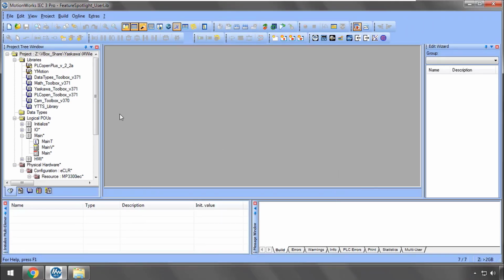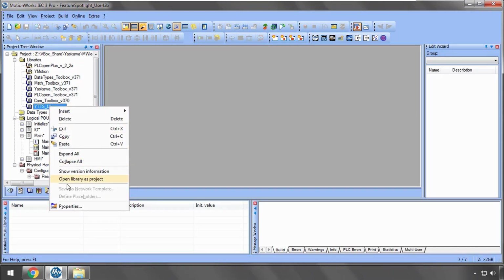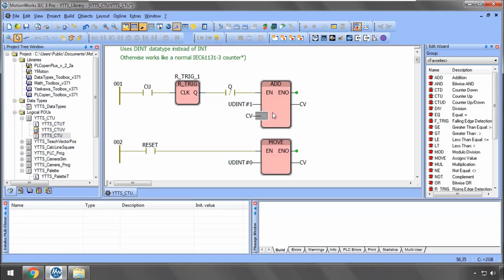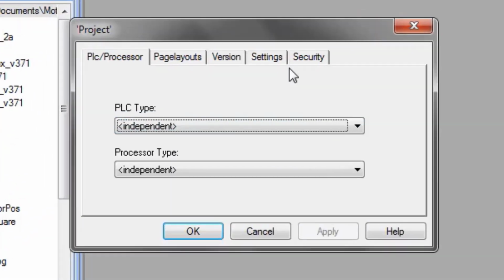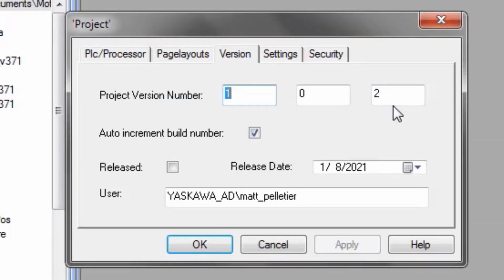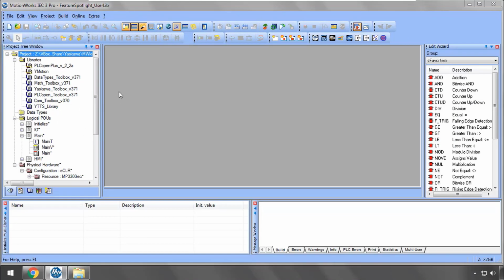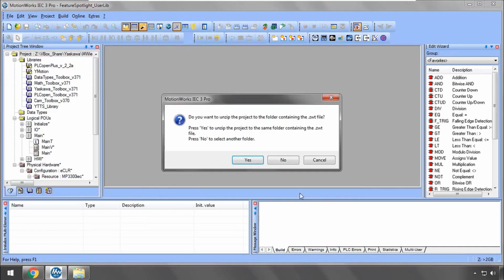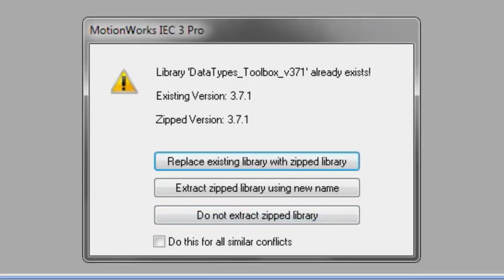Zip. Now as time goes on, there's probably going to be changes to my user library. And they may be significant or they may not be. I'll make one that's not significant and make that. But now the version has changed. Now sometime later I want to open up that old version. When I unzip it to the same folder, it's going through and checking all those libraries to see what the